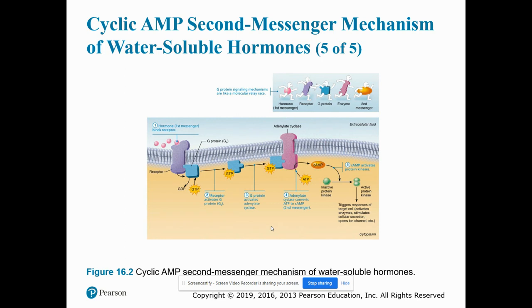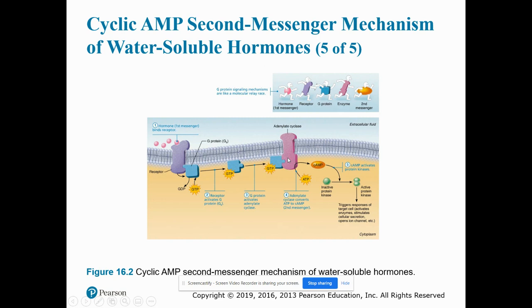So this is what I was talking about. This is the mechanism of water-soluble hormones, basically. This is not going to be on the exam, but I just want you to see the little pathway that occurs. The hormone is going to bind to the receptor, okay? The receptor is going to activate the G protein down here. You see what comes off as a GDP, comes in as a GTP. This is activated. The G protein then is going to activate adenylate cyclase, which is what this is right here.